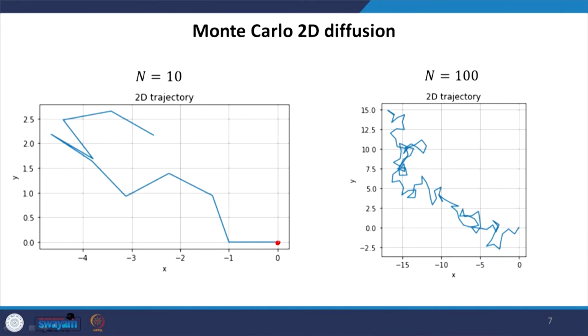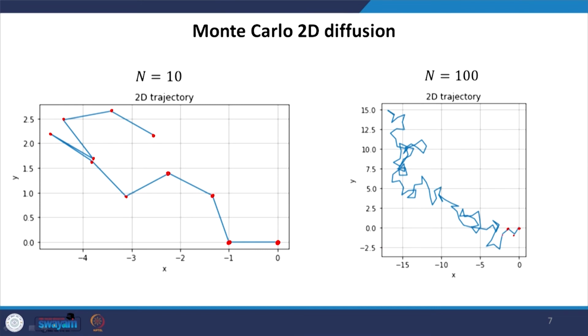And what we do see is something like this. I am starting from somewhere here, that is my 0 0, and I am making random steps, and you can see the steps every time are in very different directions. Again, for 10 steps it may look like this, but if I run again it may look like something else. From anywhere I can go pretty much in any direction, and that is what is happening here.